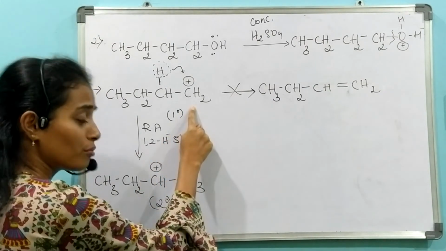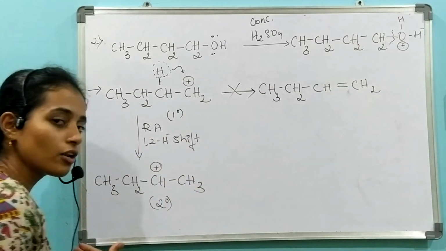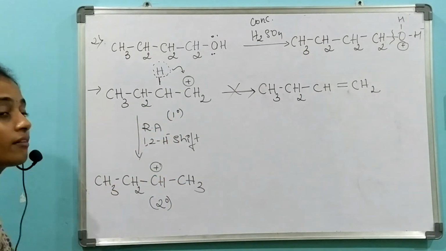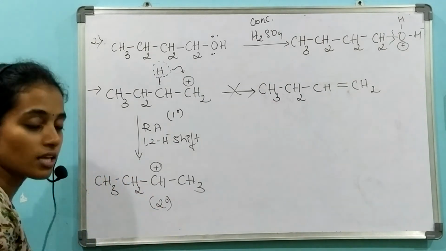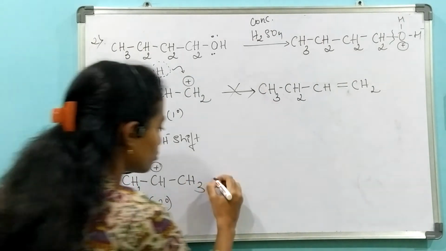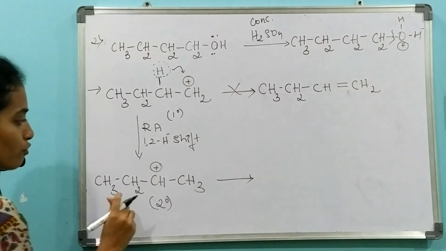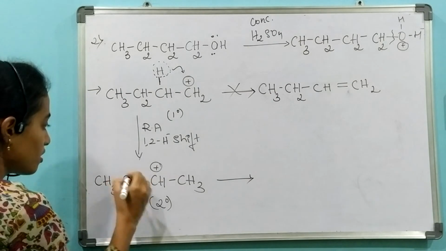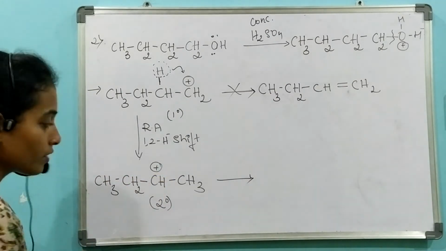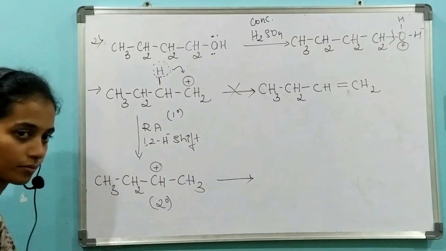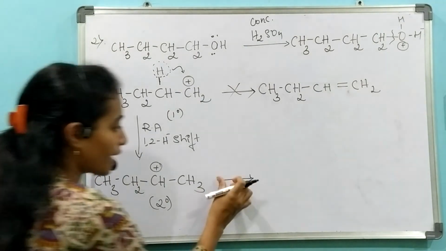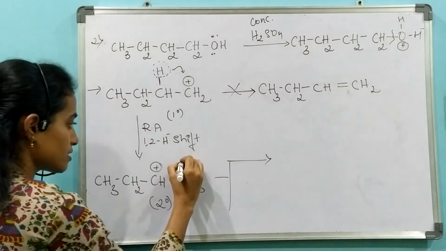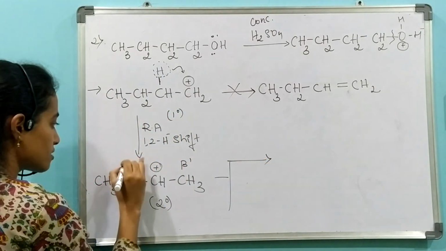We had a primary carbocation here, but we had an option of rearranging the hydride and preparing the secondary carbocation. So I have used that rearrangement. Now, you remove the hydrogen from either this carbon or this carbon. One more option now: if I take this as an alpha carbon, I have beta and beta dash carbons. From where are you going to remove the hydrogen now? Let me take the two options. Let me consider this as a beta dash and this as a beta.